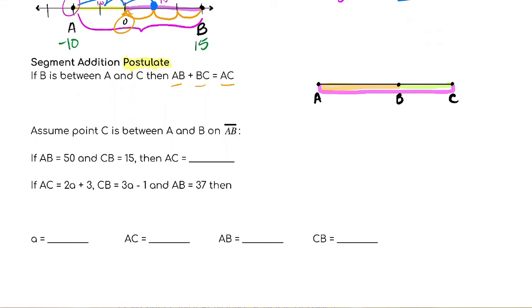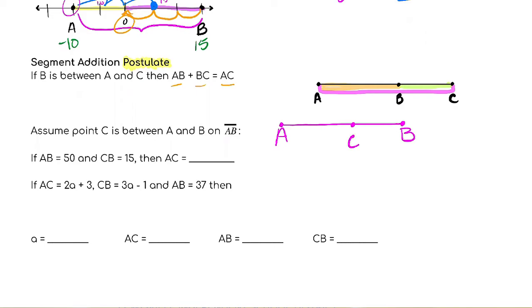So here's a sample question. Assume point C is between A and B on segment AB. So we don't have a picture. I'm going to draw a picture. So I've got segment AB, and it says C is between them. So I need to state that between does not mean very center. So I'll always put this just sort of off center,